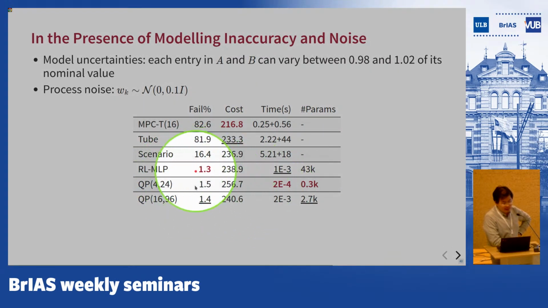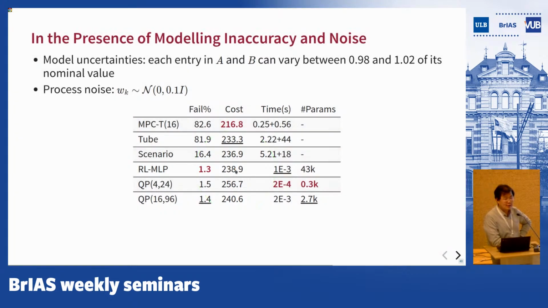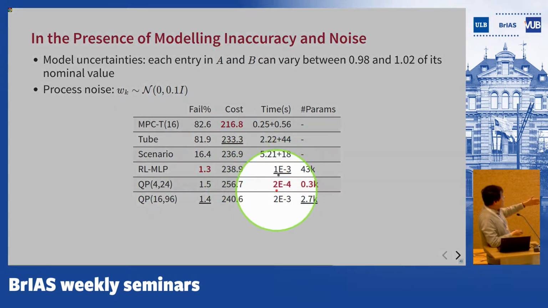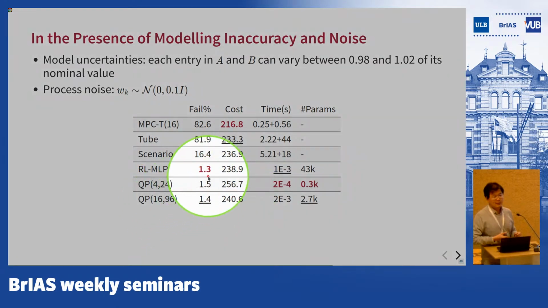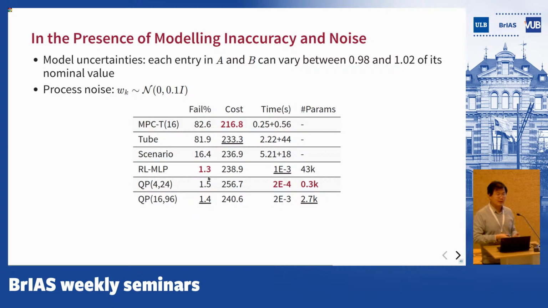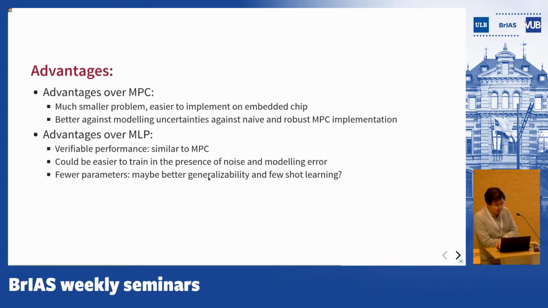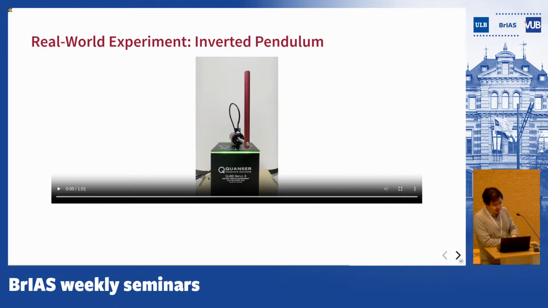But for all these reinforcement learning-based techniques, we solve the robustness problem during the training phase. We train this controller in an uncertain environment, so during online deployment we don't have additional computation cost. And we are very robust against all kinds of uncertainties, because we have already seen these uncertainties during training. Okay. We also did some real-world experiments. This is balancing a so-called inverted